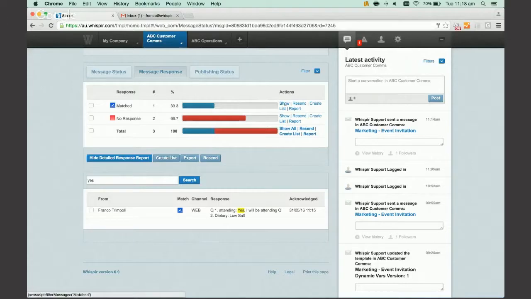I can then show those individuals, send a follow-up message if anything has occurred or if anything has changed, or alternatively, I can export this data by clicking on the report button. And the great thing about